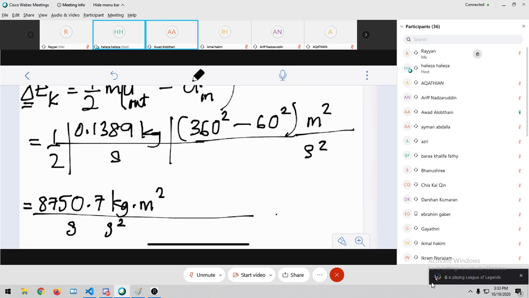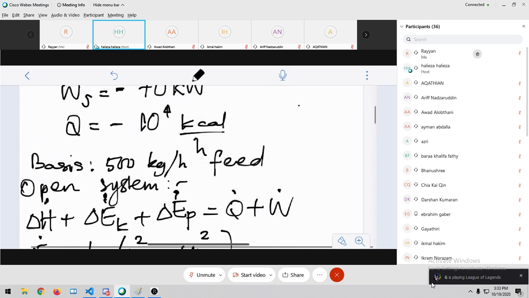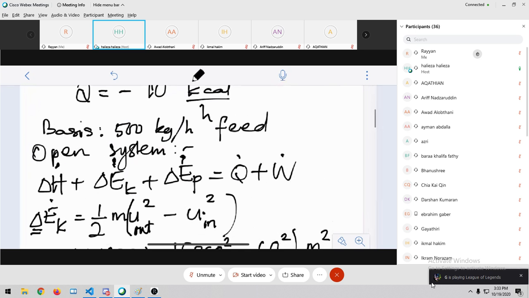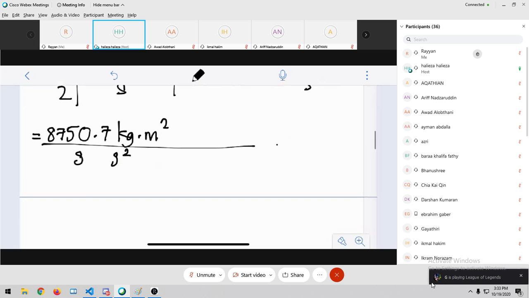You need to change your unit to the same unit as the kilowatt over here. We want everything to be in kilowatt, so now you need to use your conversion factor. Remember, 1 joule is how many, what's the unit? Let's go back to our